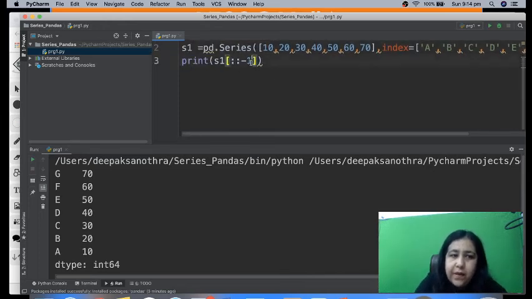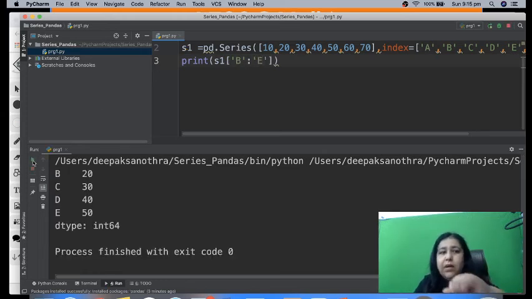But now you can see it's coming in the opposite order. But now if you give here B colon E, right, so this time notice what is the change.